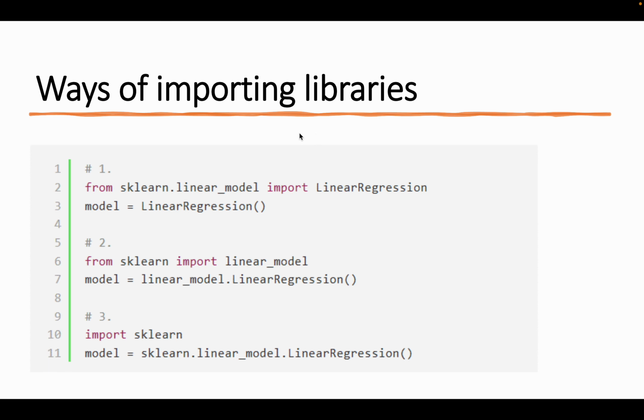It's very, very well documented, so a very, very good library. Okay, let's move on to ways of importing libraries. Here you can see actually these 3 ways mean the same thing, but take a few seconds, not minutes. You don't need this much time. So think about which one would be the better approach.